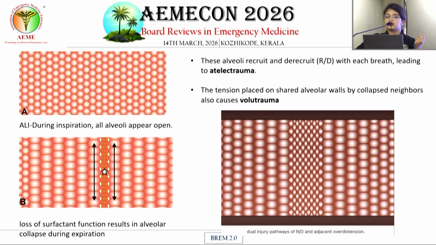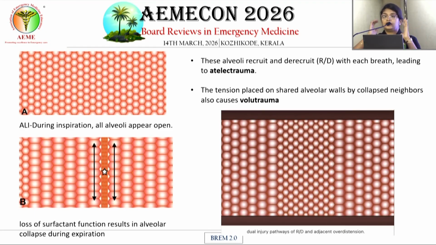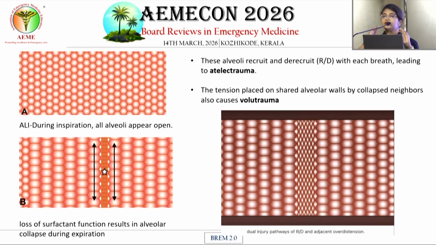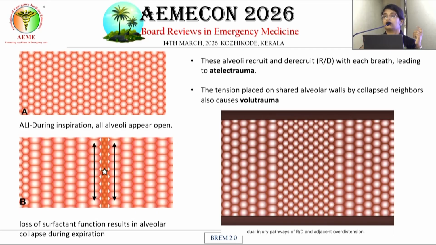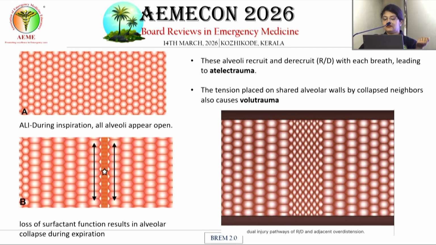So you can see in this video, the involved or affected alveoli will recruit and de-recruit with each breath, leading to atelectotrauma. This will create a shear pressure on the surrounding alveoli, which will go for overdistension and have volutrauma. So previously,